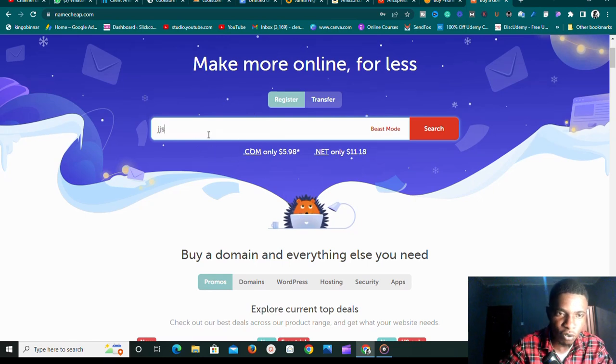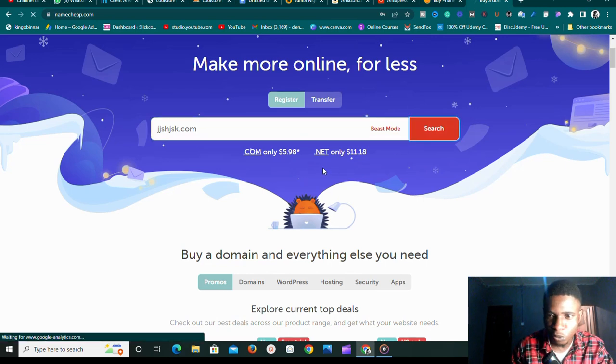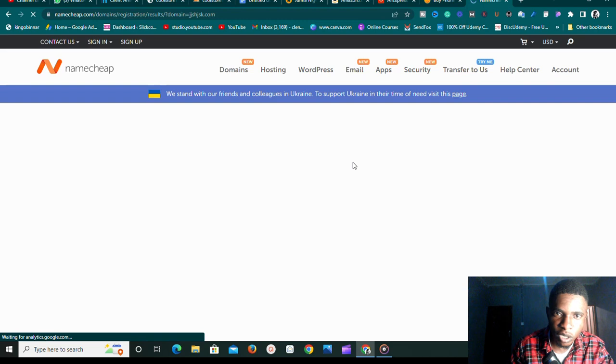Right here on Namecheap you can search for any domain name of your choice. Once you do that, just go and search and go through the process of registering the domain name. It's very simple. All you need to do is to follow the steps involved. So once you have gone ahead to purchase a domain name,